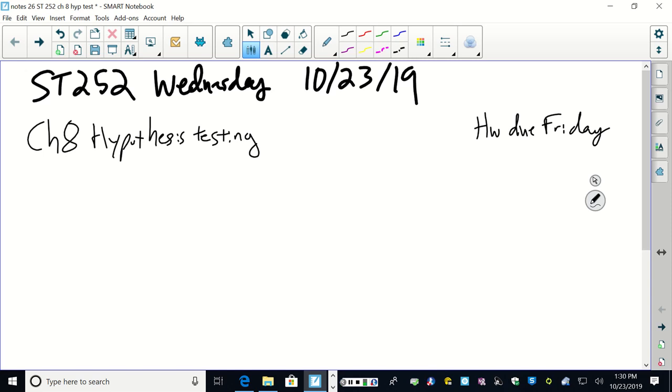Okay, so we're going to talk about hypothesis testing. There's a homework due Friday, which does some confidence interval tutorial. It requires a little bit of programming, modifying some of the code to do some bootstraps for t-distribution values. So check that out. Once you get the data loaded, the .RData file